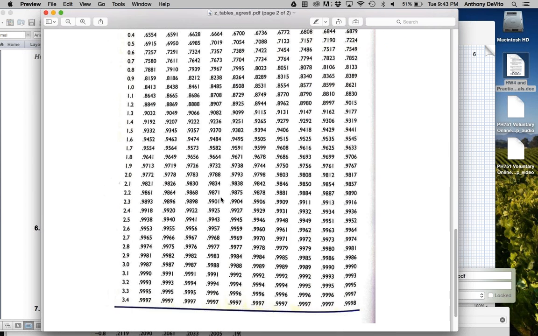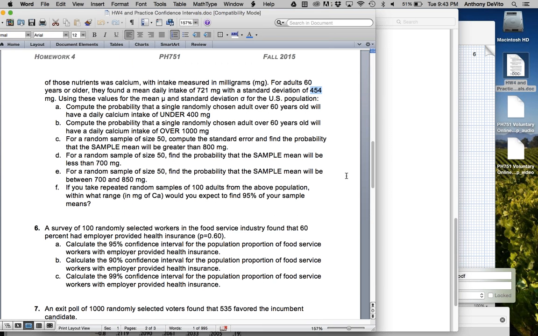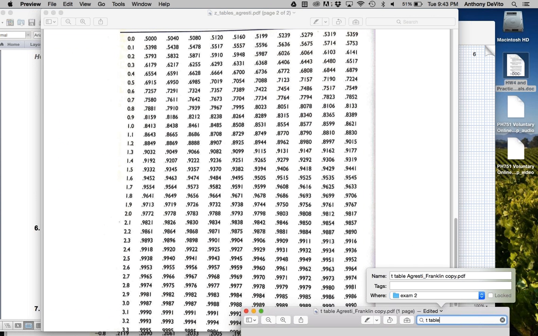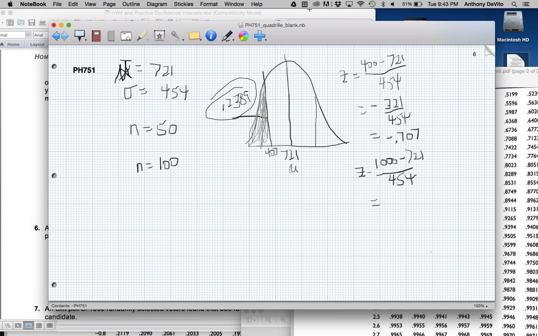Positive 0.64 looks like 73.89, so 0.7389. So the percentage of the population that would have an intake above 1,000 milligrams is